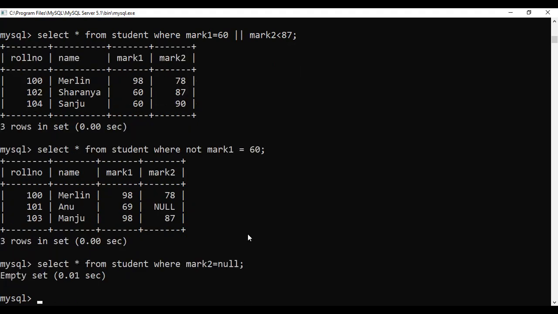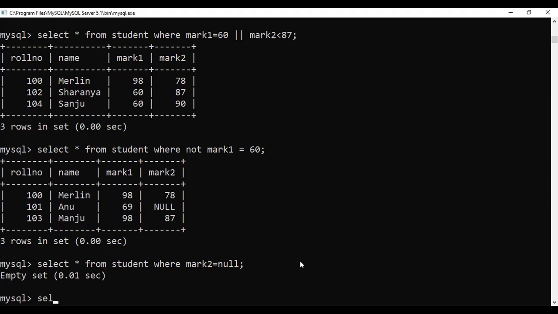Okay, if I give it, what is that? You get an empty set, isn't it? Even though a null value is there, you are getting an empty set. When I'm saying null, you don't give any single quote because it's a keyword. So don't give any single quote or double quote. Even though I give the equal sign also, it is not working. Why? Because for checking the null value, it will not work with the relational operator. It will only work with the operator or clause is or is not.